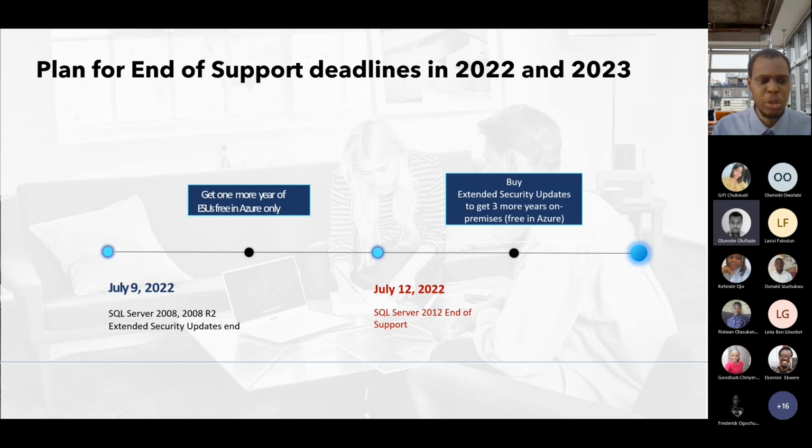We probably have two options. We can migrate our various workloads as they are today into a VM in Azure, and Microsoft will automatically issue security fixes to those workloads without needing to upgrade whatsoever. And this extended security is free as long as we migrate our workload to Azure within a VM. Another option is to procure extended security updates for the next 3 years. As I said earlier, if we migrate our current workload as it is into a VM in Azure, we get these extended security updates for free.